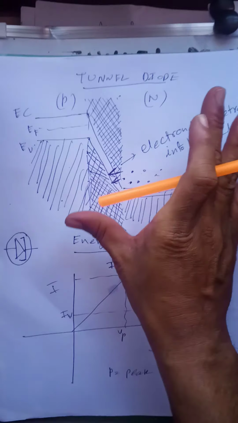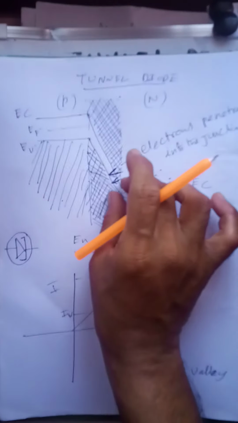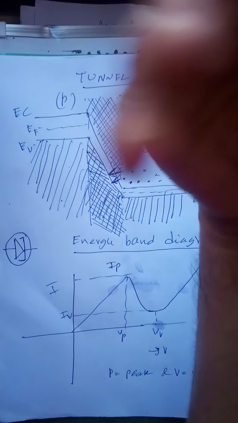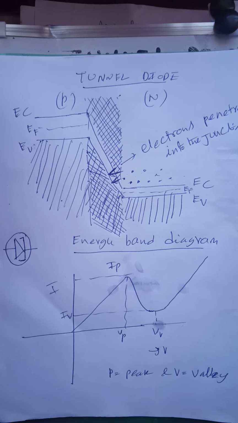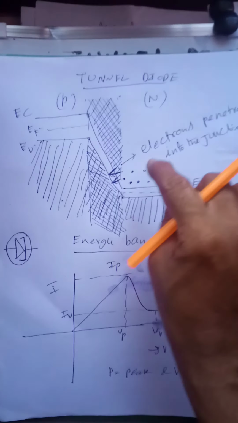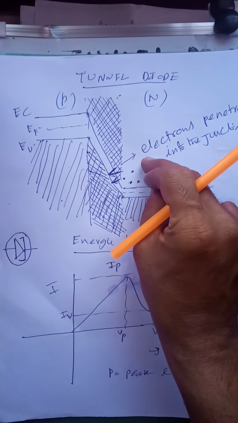But in this case, when the concentration is very high, because of the reduction of the depletion width of the tunnel diode, it seems very thin, like a tissue paper. A tissue paper is transparent, we can easily see objects on the other side, we can observe the shade. That's why, like a tissue paper, this is becoming very thin.